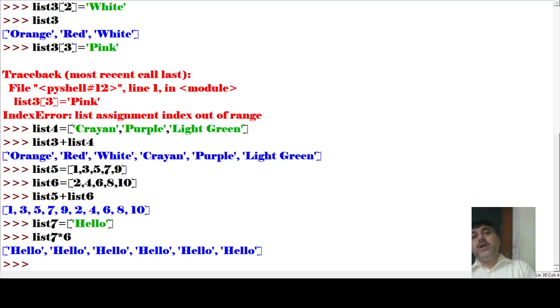Now we will see the membership. Membership means whether a particular thing is inside the list or not. So we have a list. How will we check if the value is there inside the list or not? Suppose I am writing